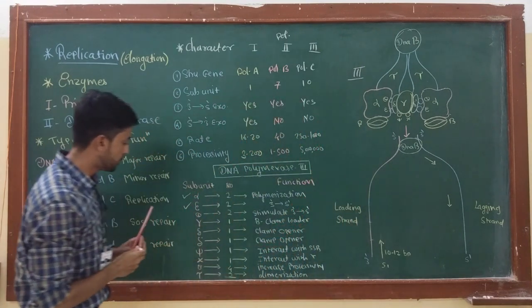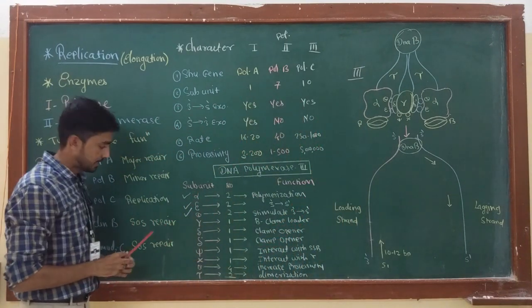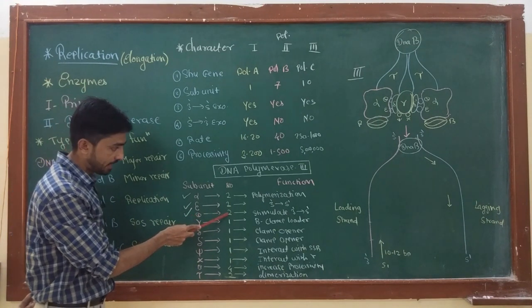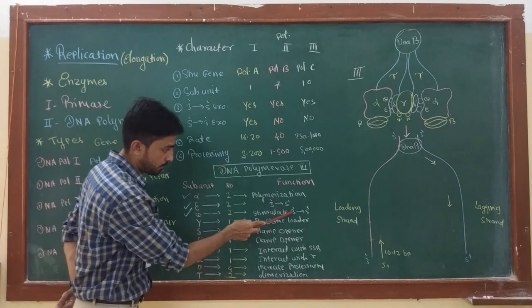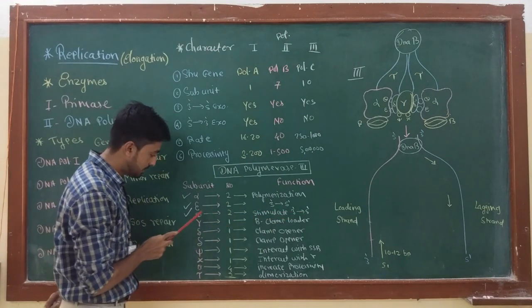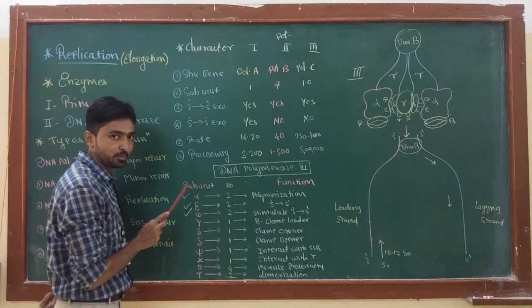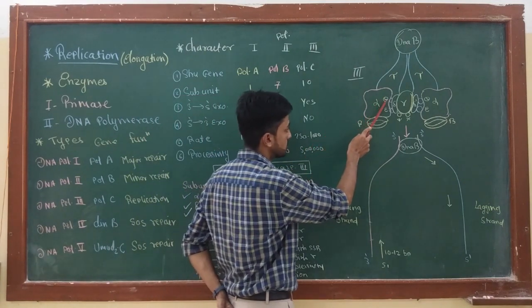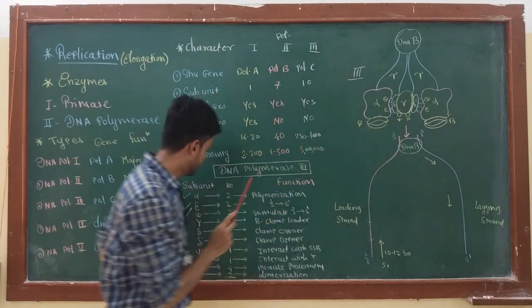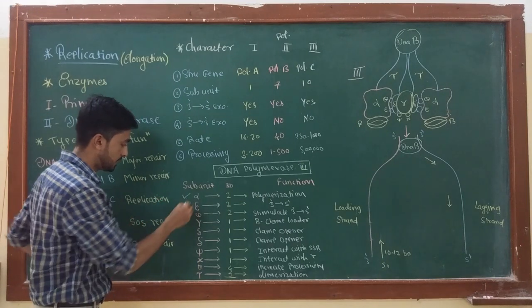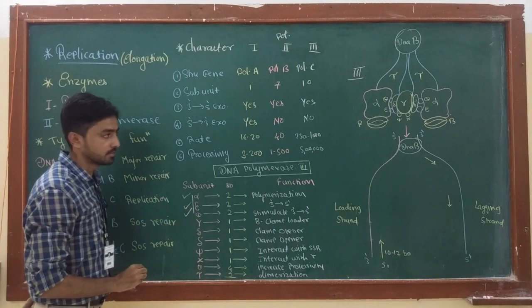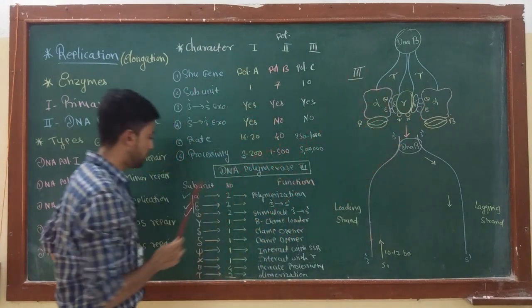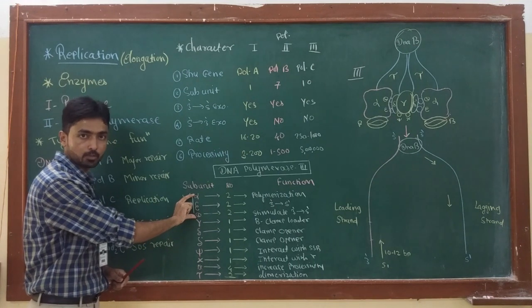Now the third subunit is theta. This theta subunit also has two copies, and it stimulates 3' to 5' exonuclease activity. That means the theta subunit helps the epsilon subunit to perform proofreading. Here you can see theta first and second. So till now we have seen these 3 subunits: alpha, epsilon and theta. These 3 subunits form the core complex of the enzyme, the main part of the enzyme.